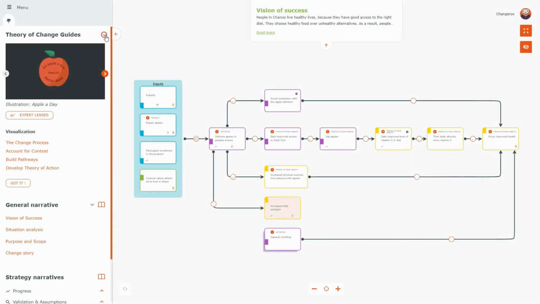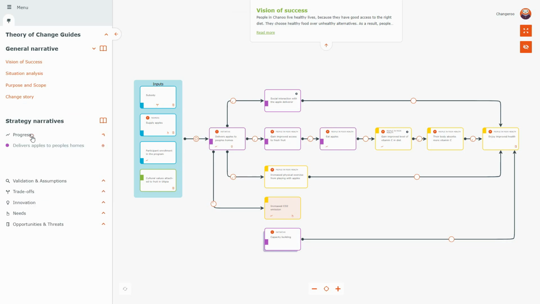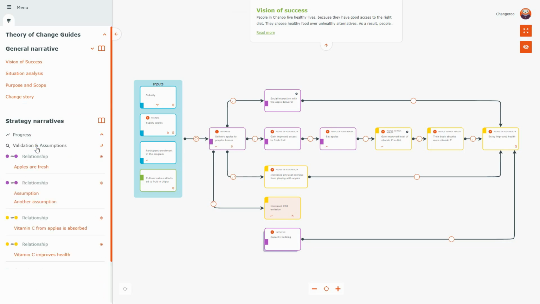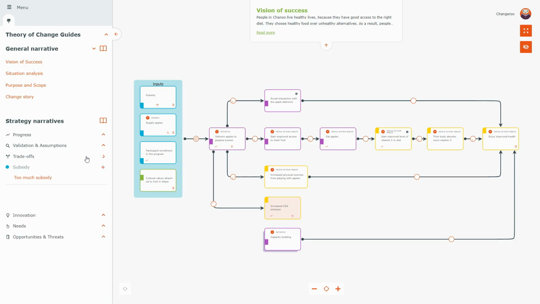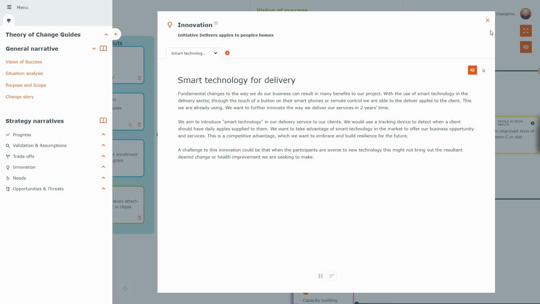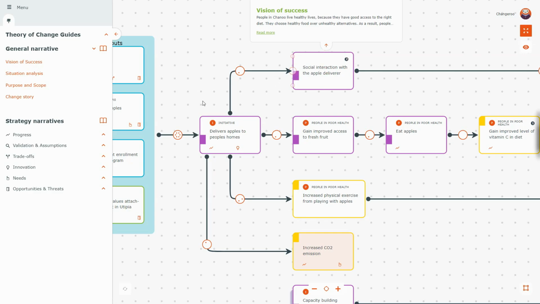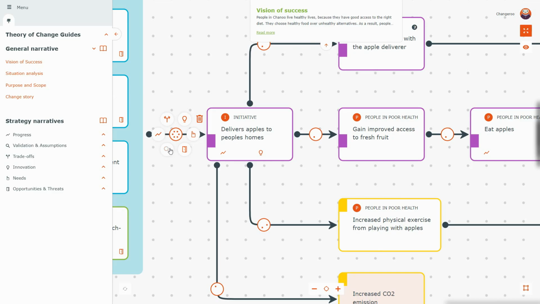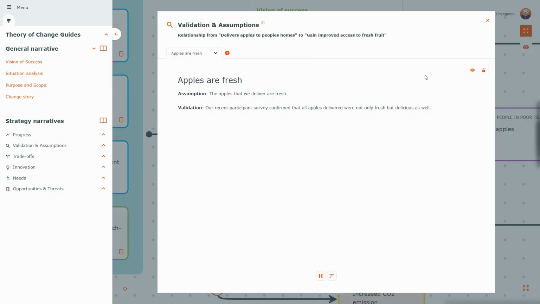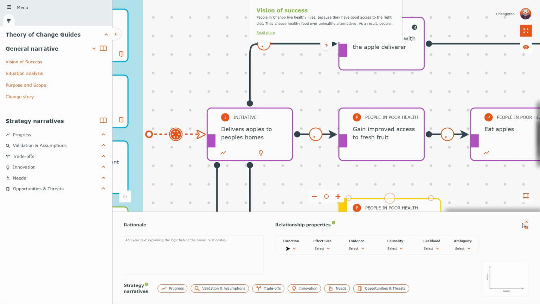The strategy narratives show up in different ways. An overview of the pages is given in the menu. For boxes, the icons are displayed in the form below, as well as inside the boxes on the canvas. This way, we can directly click through from the TOC visualization to the information underneath. Similarly, for relationships, there's a hover effect from which we can click through to the information. Small dots inside the information circle indicate the availability of information.